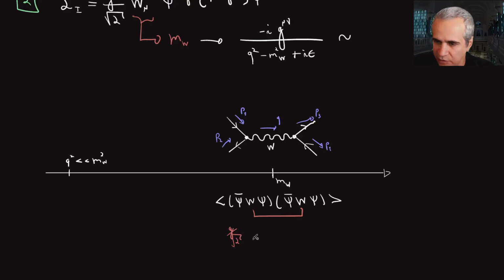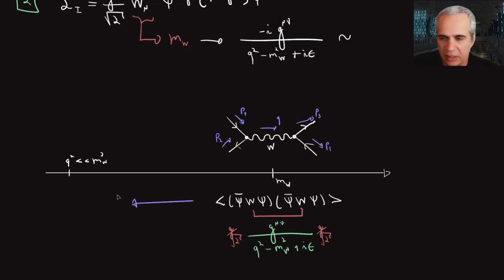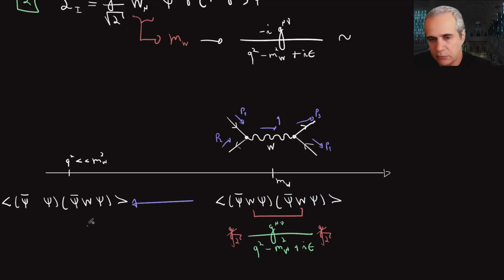I have the propagator in the middle. This is very schematic. I'm ignoring all powers of I, all Dirac matrices and so on. But this is the propagator, and I have another power of the coupling on the right for these 2 vertices. And once I ignore Q square here, this all just becomes a constant. And this goes to something that looks like a matrix element that now only involves these guys.